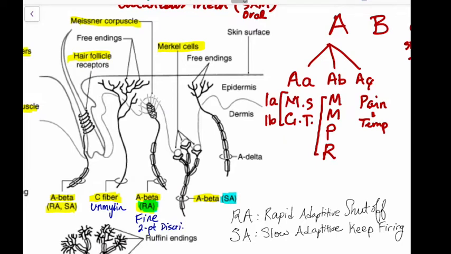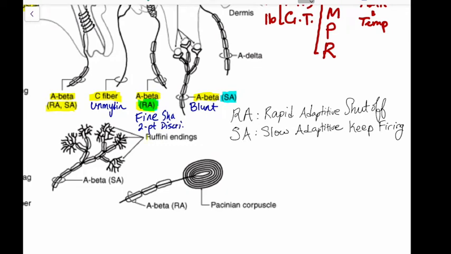whereas the Merkel cells' A betas are slow adapting because they are for the blunt pressure, and they keep firing as long as the action potential keeps going. So more fine, sharp pain. So I'll write that here. This is more sharp pain, and this is more dull pain. Then we also have some A delta free nerve endings, and down here we will talk about Ruffini endings